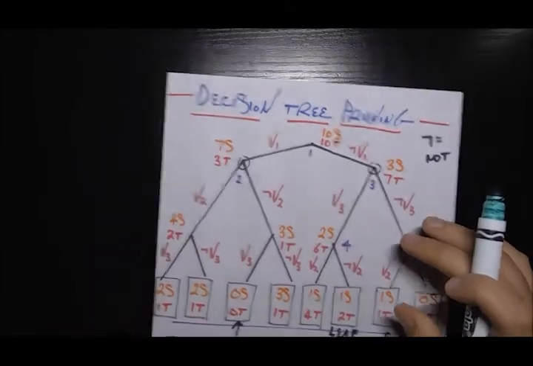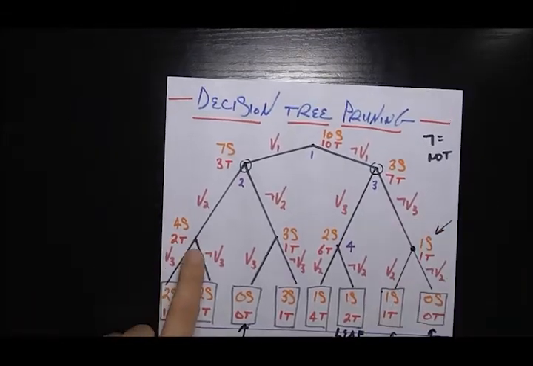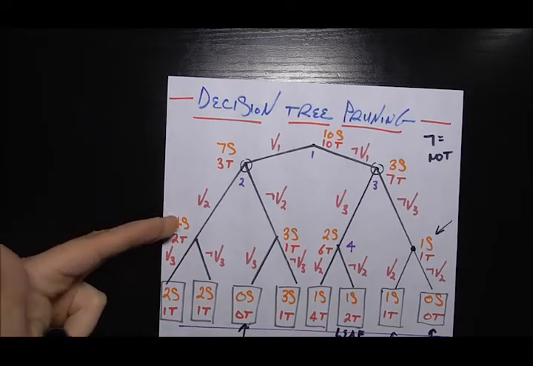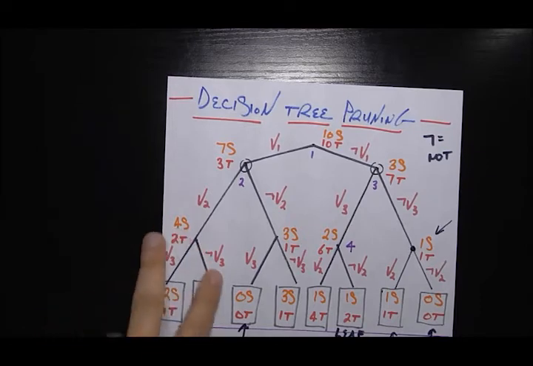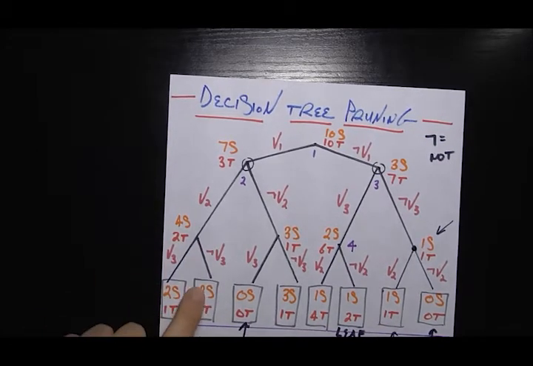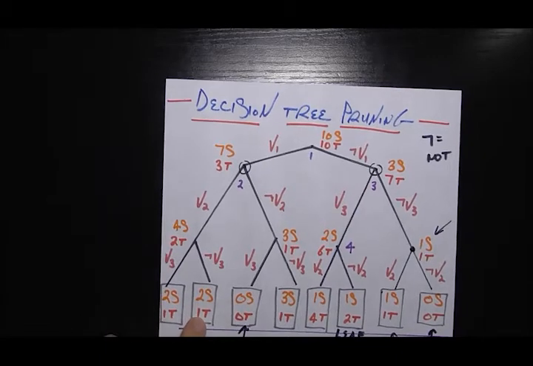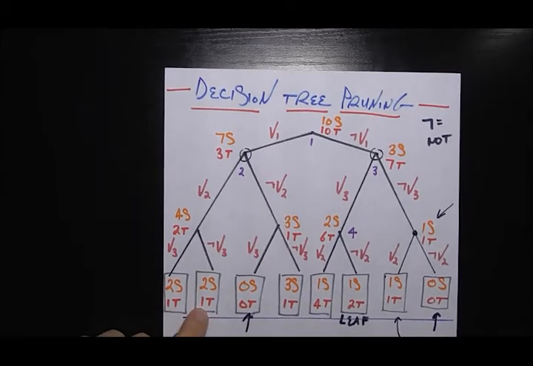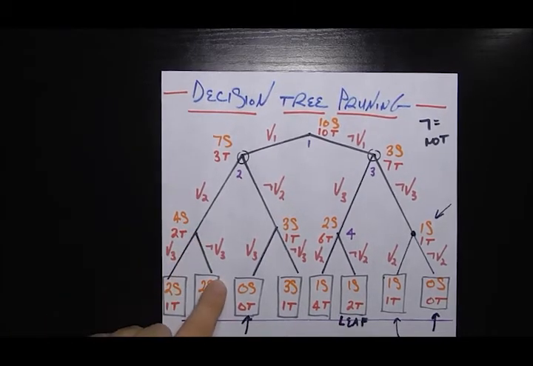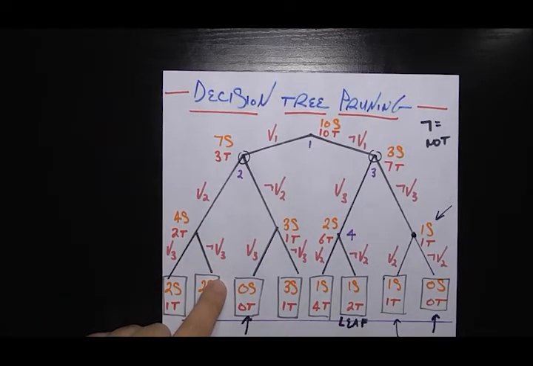Another thing we'll keep in mind, this is a little more subtle, but right here we see that we have 4 salmon and 2 tuna, so the distribution is kind of like 2/3 and 1/3. If I branch, I do get a different number of results. I get 2 salmon and 1 tuna, 2 salmon, 1 tuna, but the distribution is the same. They're still 2/3. So I don't really gain any predictive accuracy by making this branch. It's just kind of a waste of time and complexity for me.